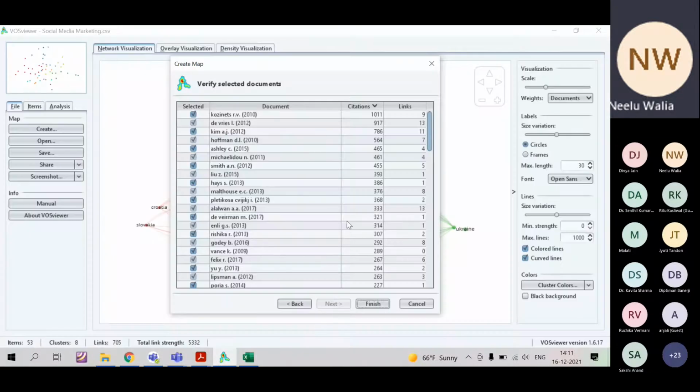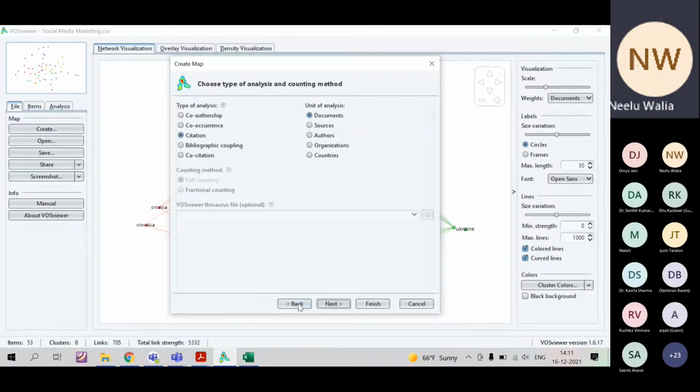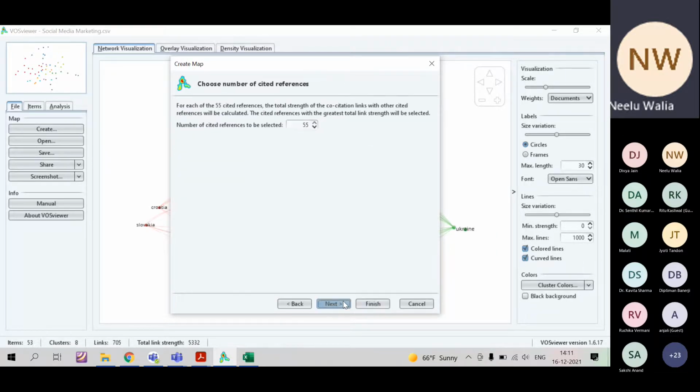So now let us go for the citation, based on citation only, or we can go for co-citation based on cited author or cited reference.